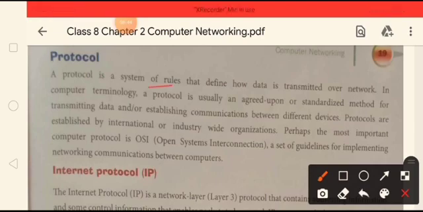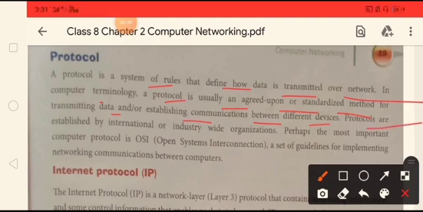A protocol is a system of rules that define how data is transmitted over network. In computer terminology, a protocol is usually an agreed upon or standardized method for transmitting data and or establishing communications between different devices. Protocols are established by international or industry wide organizations. Perhaps the most important computer protocol is OSI, that is Open System Interconnection, a set of guidelines for implementing networking